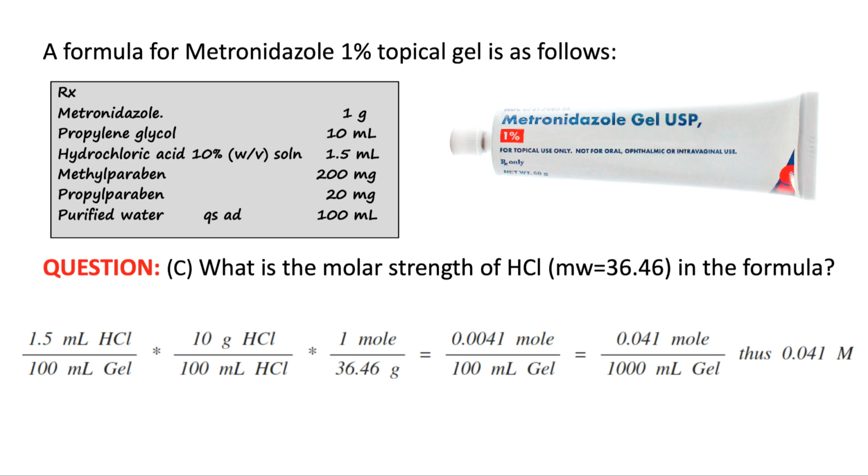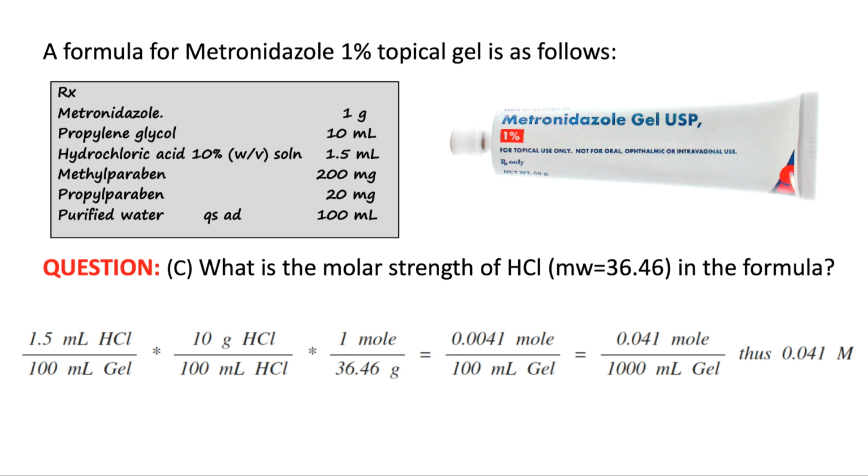Let's do the same conversion we did before, where we're going to say, well, with 1.5 mils of hydrochloric acid times its concentration, which was 10 grams of hydrochloric acid per 100 mils of hydrochloric acid, my units of mils of hydrochloric acid cancel. I'm now in grams of hydrochloric acid. The trick here is now to convert grams to moles. How do we do that? We do it because we know the fact that